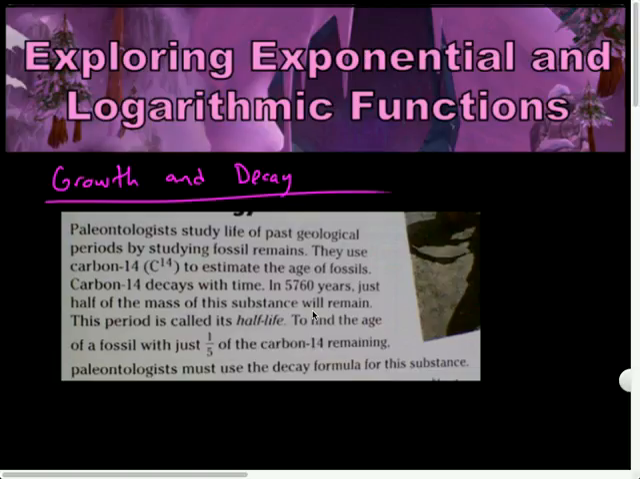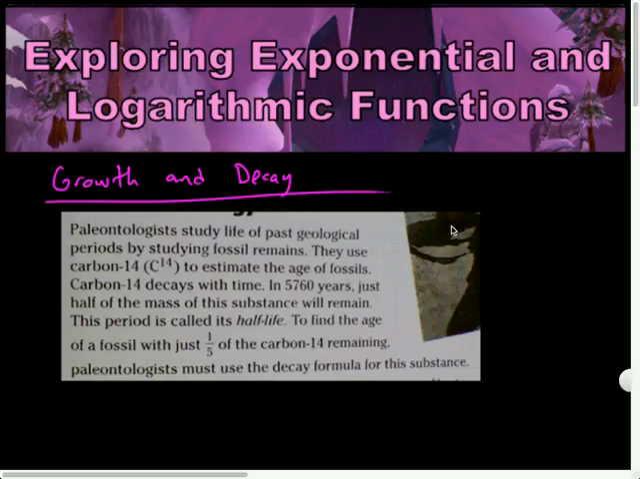Arguably, it's approaching an asymptotic relationship. However, at some point, you won't be able to divide in half that one last carbon-14 molecule or whatever. So conceptually, it's an infinite amount of time for it to lose all of it, but obviously, in real life practicality, that would not be the case. So it says just half of the mass substance will remain. This period is called a half-life, the amount of time it takes for half of its amount to decay. To find the age of a fossil with just 1/5 of the carbon-14 remaining,